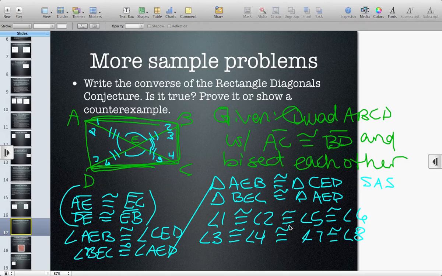Okay, phew, that's a lot going on there. Now, let's take the measure of angle DAB. If I wanted to get the measure of DAB, I would add the measure of angle 1 plus the measure of angle 8. Well, because of addition properties, if I take out the measure of angle 1 and put in the measure of angle 2, and take out the measure of angle 8 and put in the measure of angle 3, then I